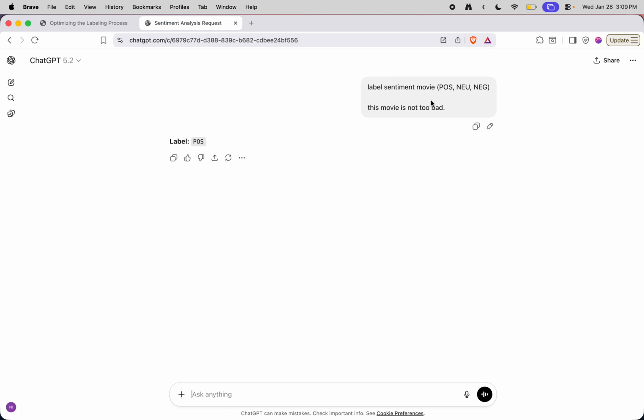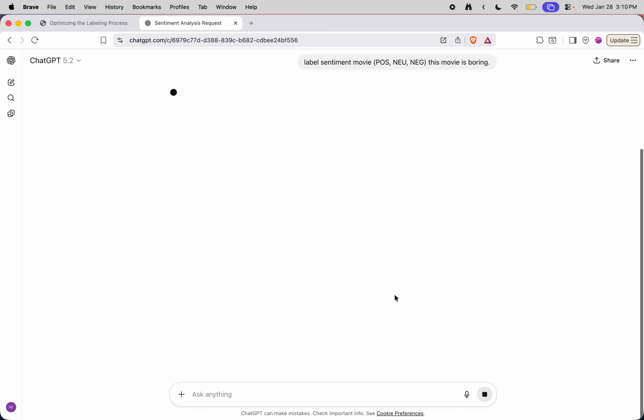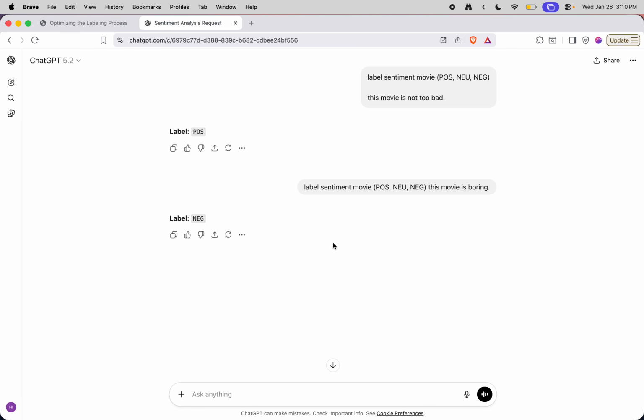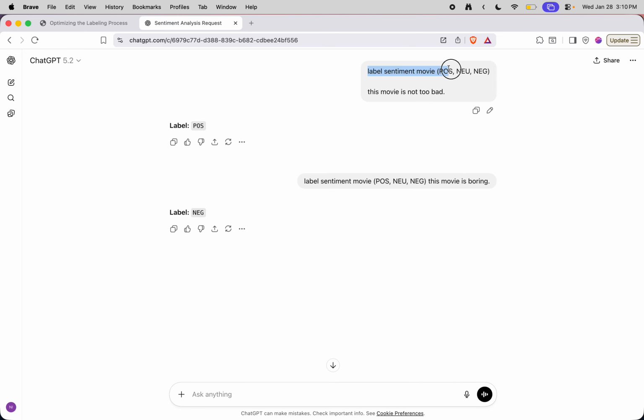In this case, I labeled a single movie. Can I label multiple movies? Right? So how do I label multiple movies? Multiple times like this. So labeling multiple movies, I could do this and this. So 2 movies, 2 prompts. Could we do something better? We could do batches. So now we'd say label